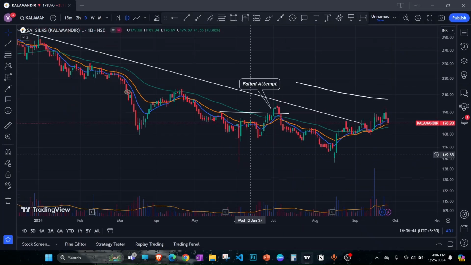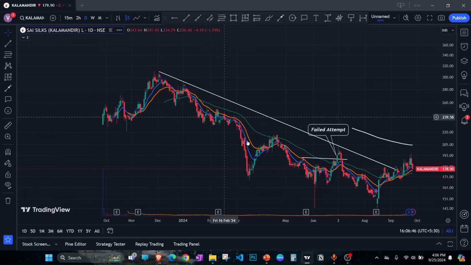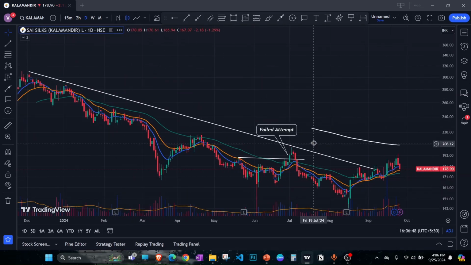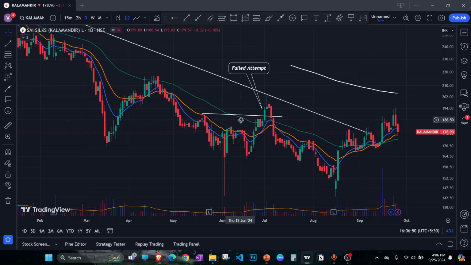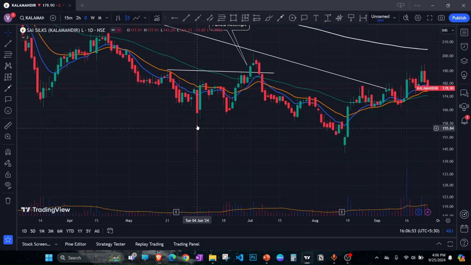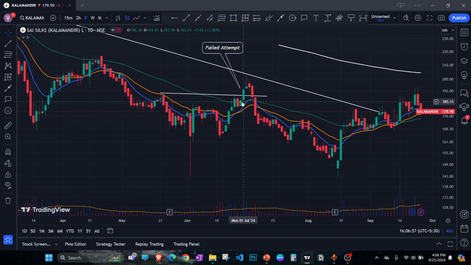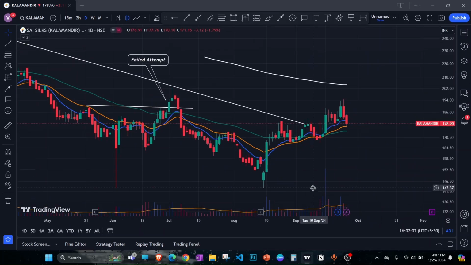if you see, it's going down, it's in a downtrend, an IPO stock, again in a downtrend. So this was the first failed attempt where it actually formed a base. There was climax action as well, kind of a double bottom, plus the cluster of moving averages, and the price finally crossing it. But there was no continuation, and soon it hit my stop loss, and then it went down again. But again, it showed another climax section, and since then the trend has been slightly improving. But again, I would like to attempt a reversal trade here above this 190 to 193 level in